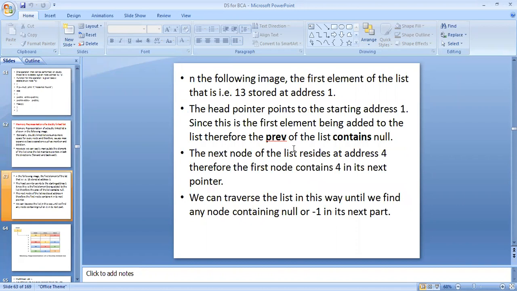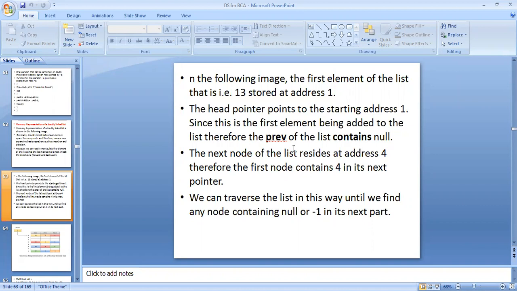In the following image, the first element of the list, that is 13, is stored at address 1. So the head pointer points to the starting address 1, since this is the first element being added to the list. Therefore, the previous of the list contains null.